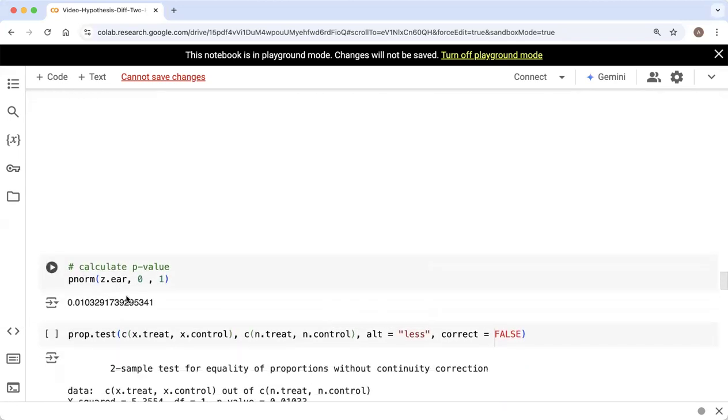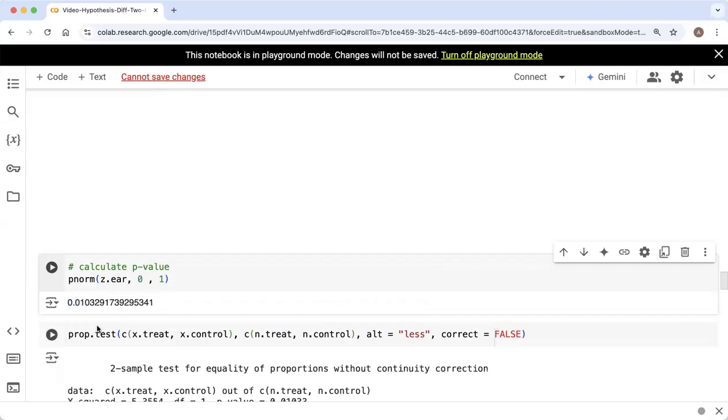So here, our p-value is just going to be the area in the tail to the left below our standardized test statistic. So we could do pnorm of z dot ear, 0, 1. And this gives us a p-value of